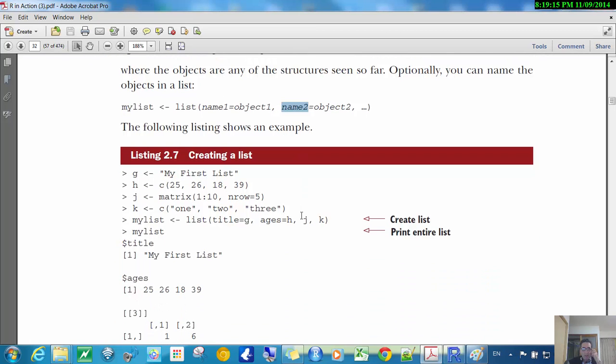Okay? Now what happens when you print out the list? So it prints out like this. First of all, if there's a name for the first element of the list, then it gives that name with the $ sign in front,